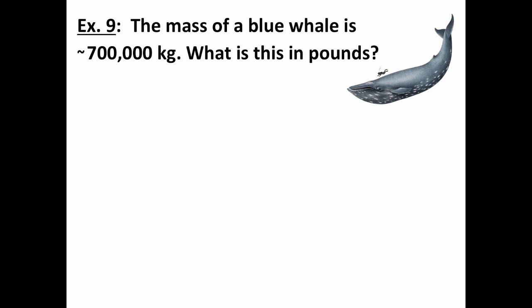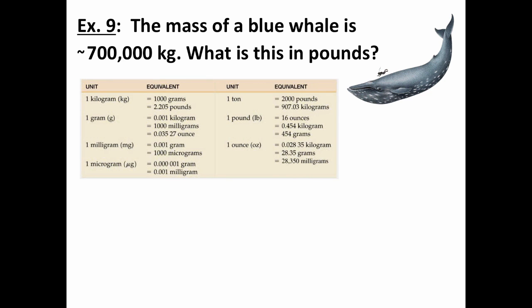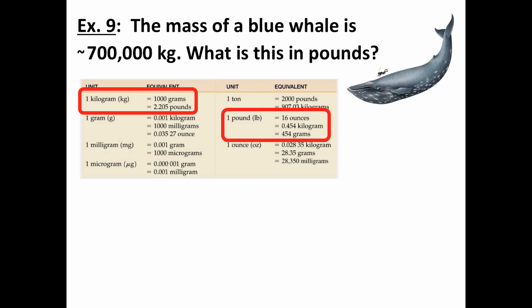So here's example 9. A blue whale weighs about 700,000 kilograms. How much is this in pounds, in case kilograms don't make sense to you and maybe you can visualize pounds better? Well, of course, to convert from kilograms to pounds, you need to know how many kilograms are in a pound or how many pounds are in a kilogram. And in many cases, you might just know the number because you've used it enough. In other cases, you may have to look it up. So I looked at an appropriate table here, and a kilogram is 2.205 pounds,